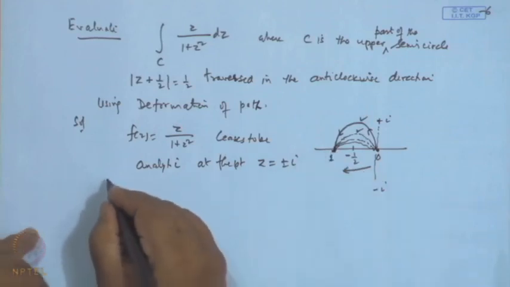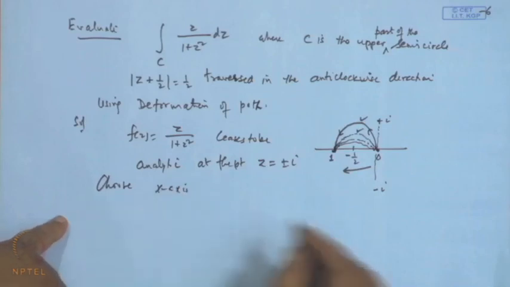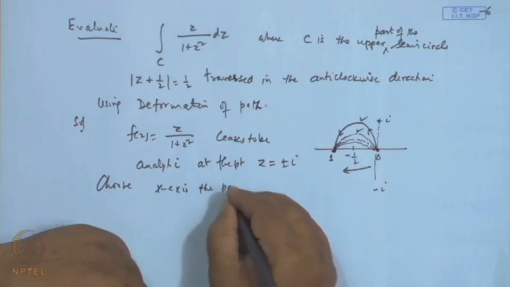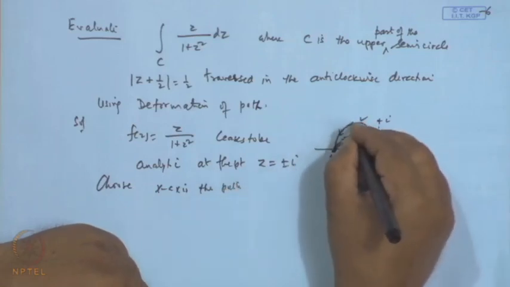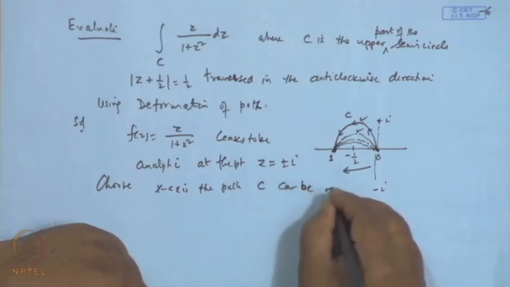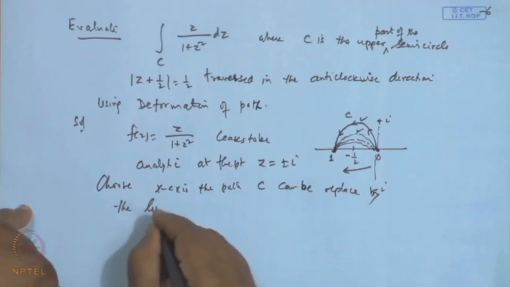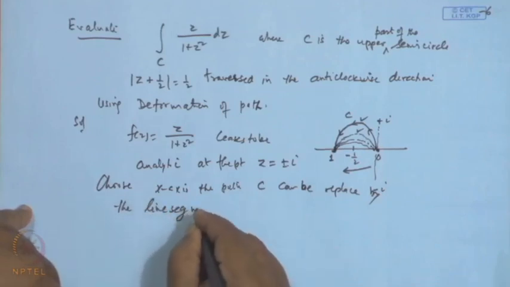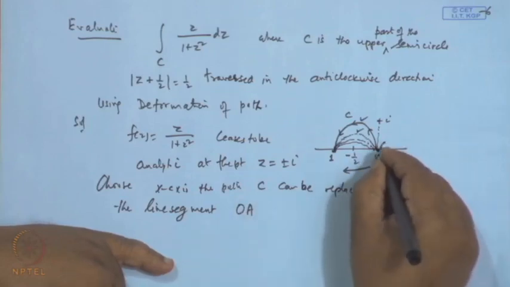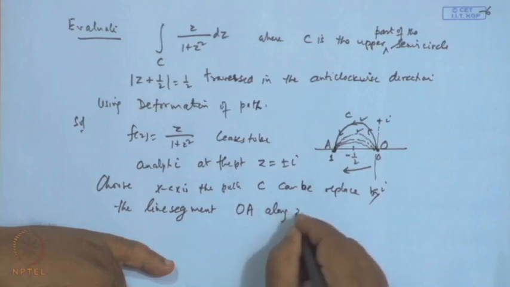So, here choose the x axis, and the path C can be replaced by the line segment OA, along the x axis,